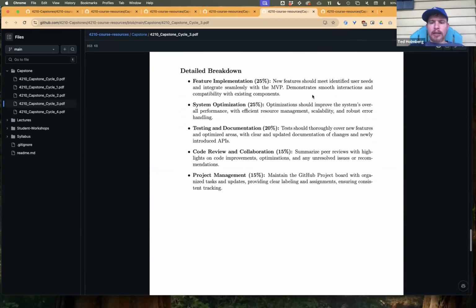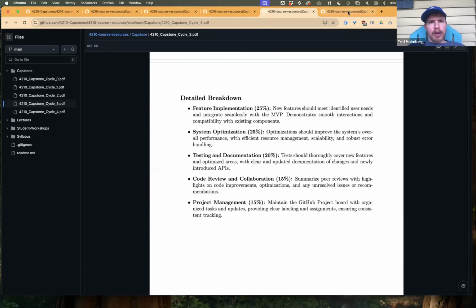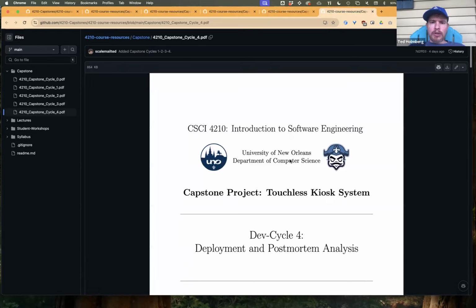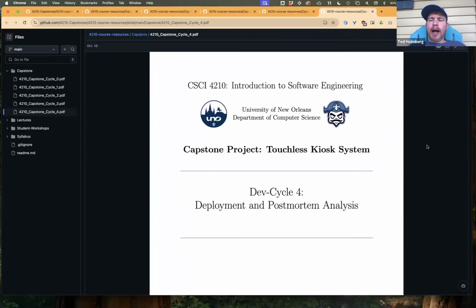And then this is just that detailed breakdown, which I think I've already kind of covered for the most part. So I don't want to bog down too much. And then the final dev cycle, which we'll just label dev cycle 4, is going to be after all of